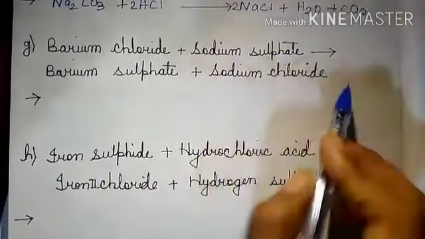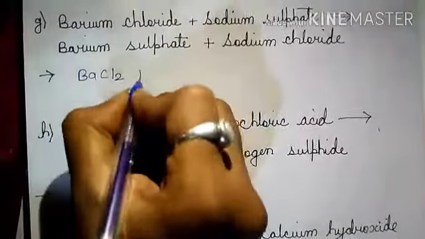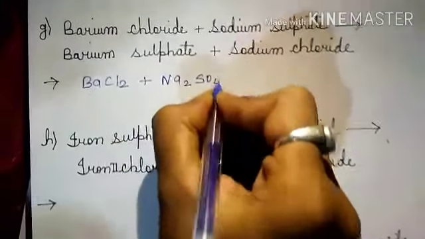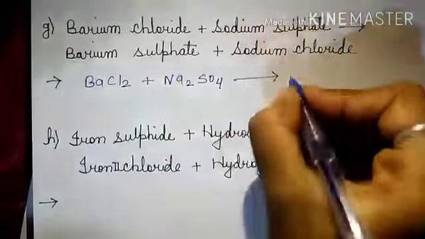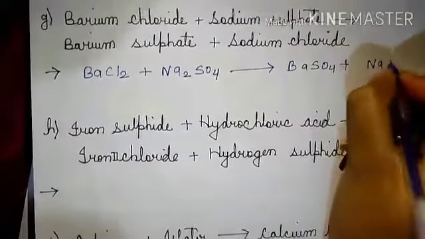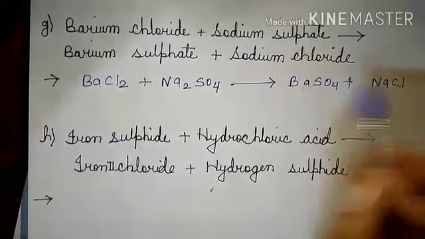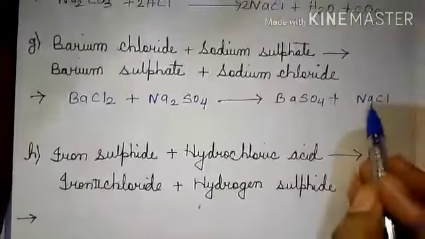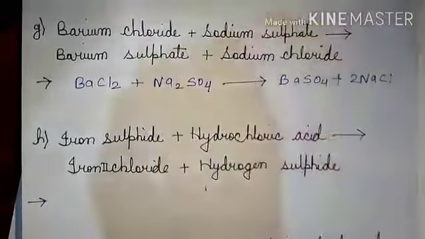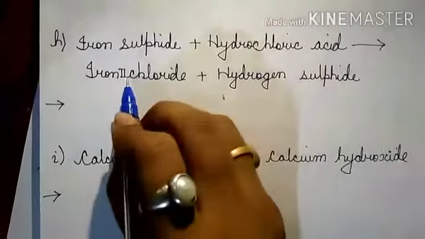Now the next question is barium chloride plus sodium sulfate gives barium sulfate and sodium chloride. We know that barium chloride is BaCl2 plus sodium sulfate is Na2SO4. It gives barium sulfate, that is BaSO4, plus sodium chloride NaCl. Now we'll check the balance of the equation. See, there is 1 barium atom. It is very good. Now chlorine. There are 2 chlorine atoms on the reactant side and 1 chlorine atom on the product side, but there are 2 sodium atoms on the reactant side. To make them equal, we multiply NaCl by 2, so we get an equal number of sodium atoms.